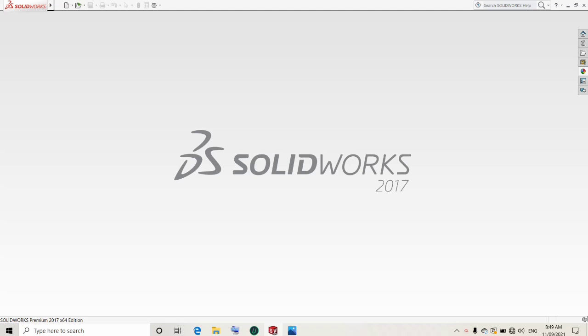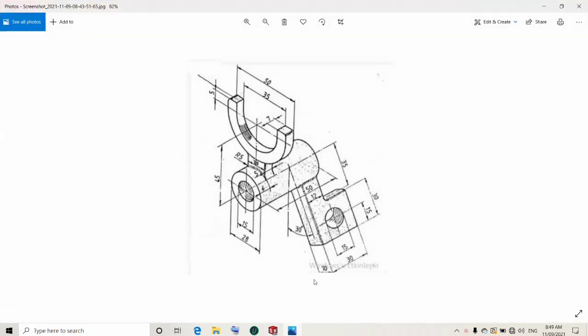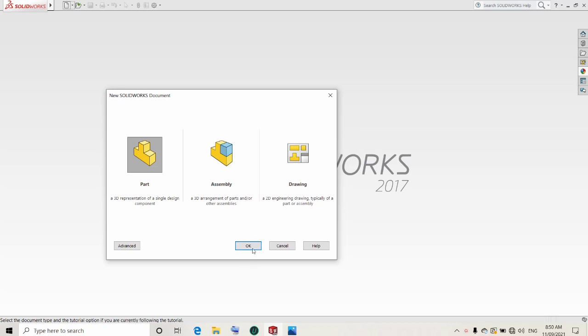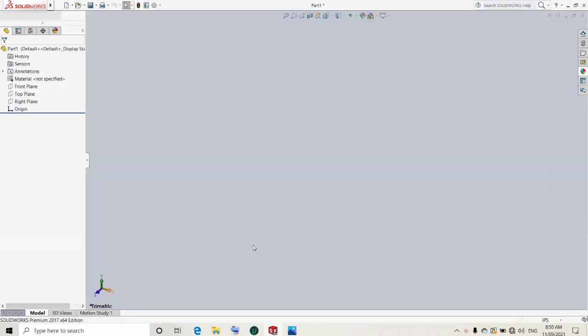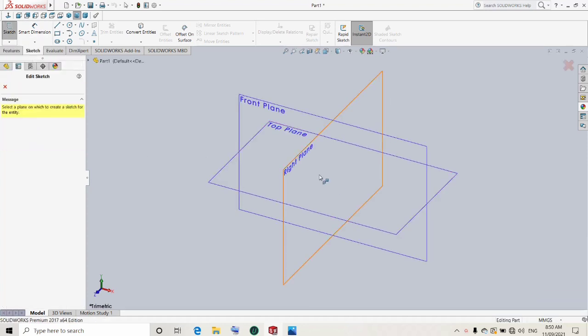For today's video, we are going to make an activity in elective using SolidWorks. So this is the activity that we are going to do. Let's start. First, we will click New, then Part, and then OK. Next, we will change the units into millimeter gram second. And then click Sketch, then